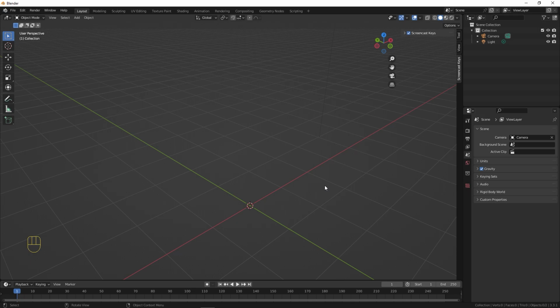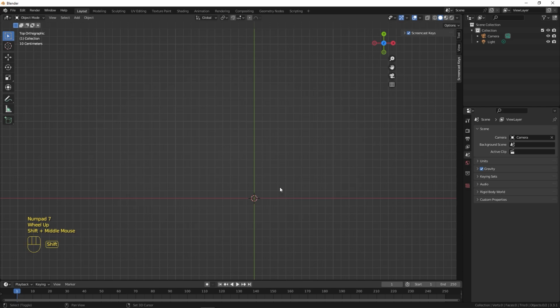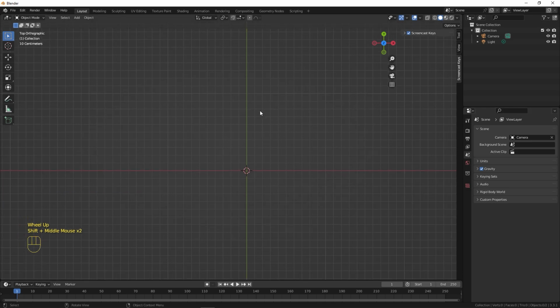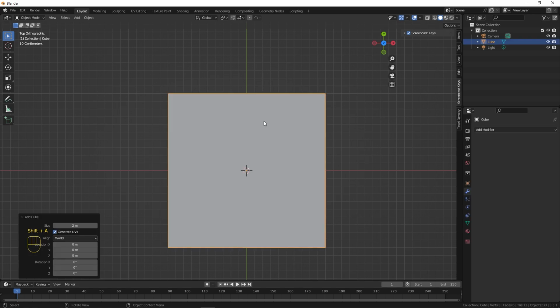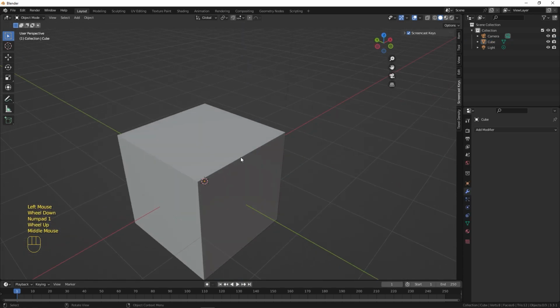All right, welcome back to Blender 101. This is our second practice session. We're going to be making a low poly barrel, and we're going to learn how to use some tools that we haven't used before. And so to start off with, let's go ahead and Shift A, add a cube, and